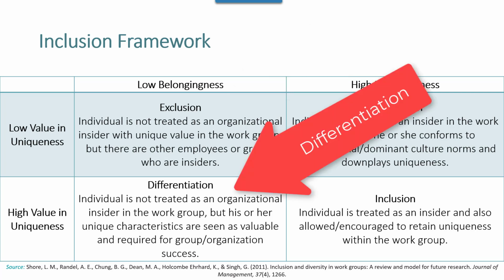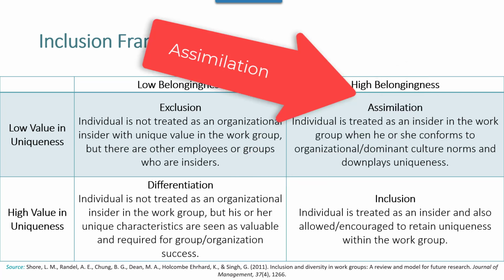The differentiation quadrant in the lower left describes individuals who feel unique and respected, but who also feel left out and not a part of the in-group. You can see differentiation in practice with free agency or freelancing. A company pays a talented or unique person to address an issue or contribute, but doesn't hire them permanently. An individual may feel uncomfortable because of the emphasis on their value as uniqueness. That uniqueness focus may lead to stereotyping from other employees.